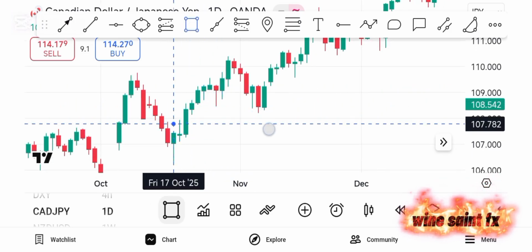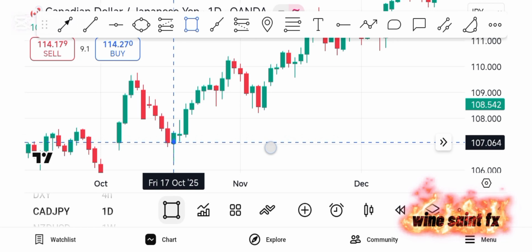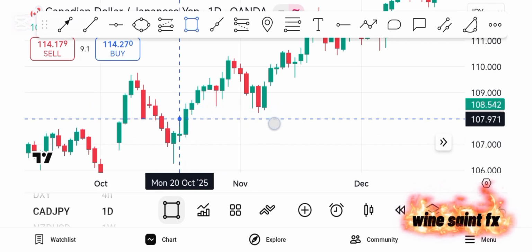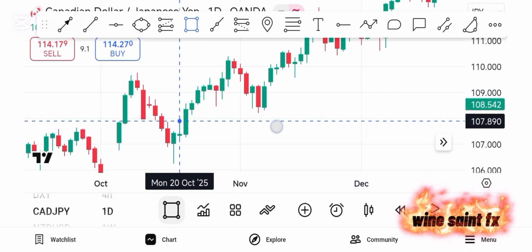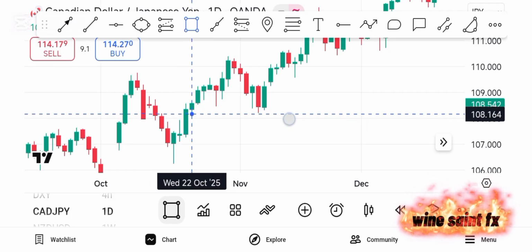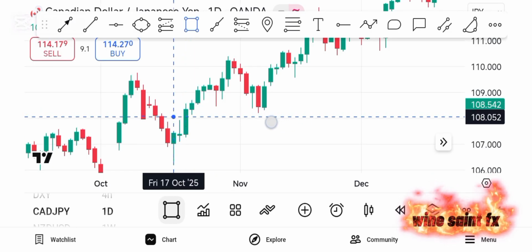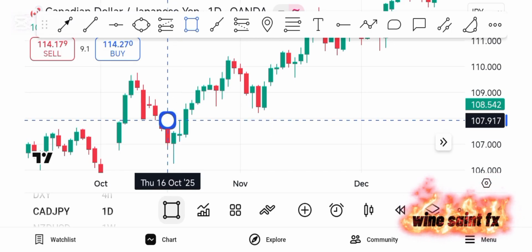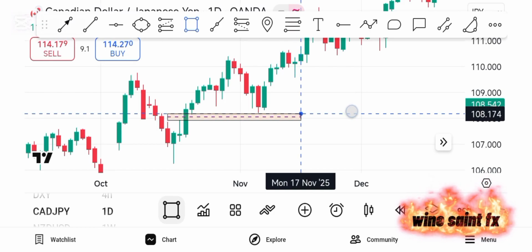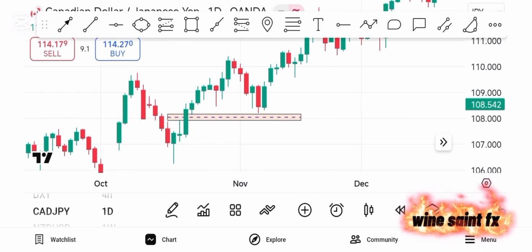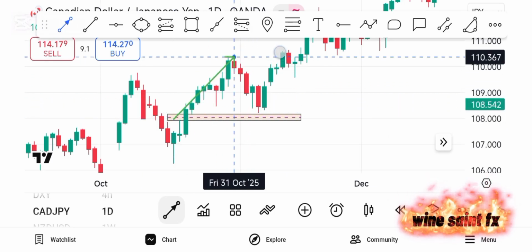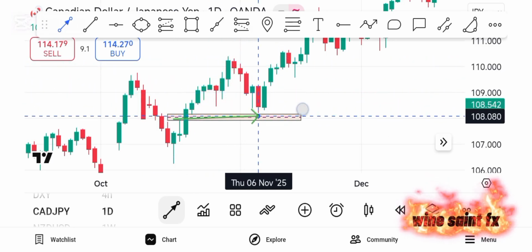Fair value gap, kama tunahesabu 3 candlesticks like this, you can count this 1, 2, 3. Then you see here there is a gap between this wick and this wick. So this is a fair value gap. And as we can see, if you draw like that, the price almost came to mitigate that zone, to balance whatever was left behind, so that the price could